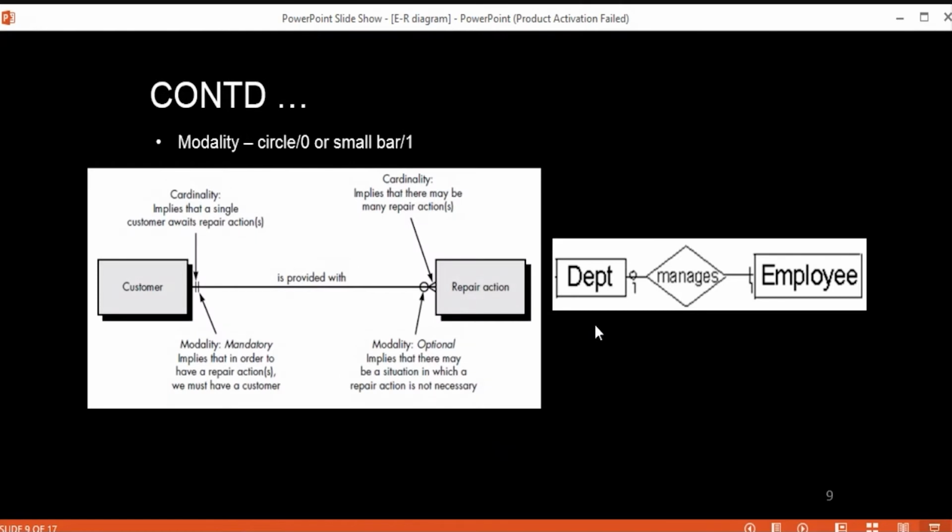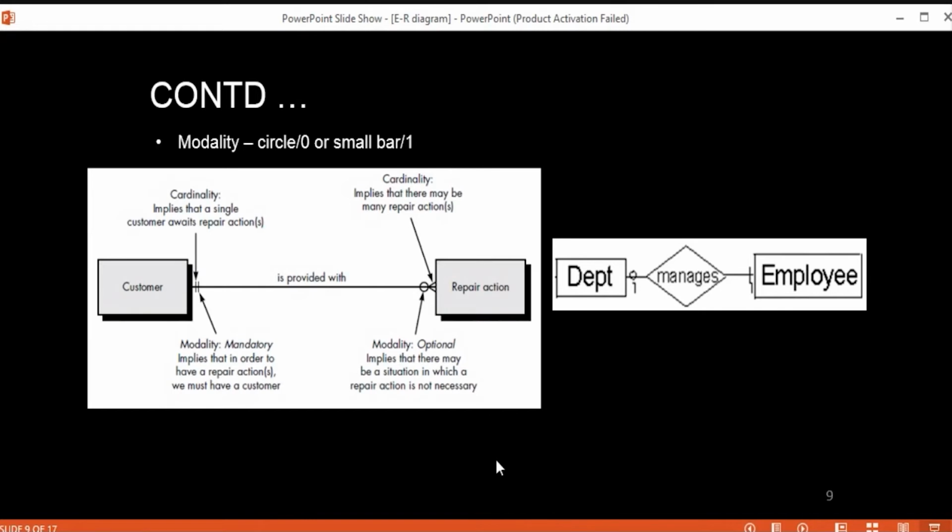Okay, now then another one is the modality. The modality of a relationship is zero if there is no explicit need for the relationship to occur, or the relationship is optional. Basically, modality tells you whether your relationship will exist or not. It is just giving you information about the existence of your relationship. So if it is zero, that means there is no explicit need for that relationship to occur, or you can say that your relationship is optional. And if the modality is one, that means an occurrence of the relationship is mandatory.